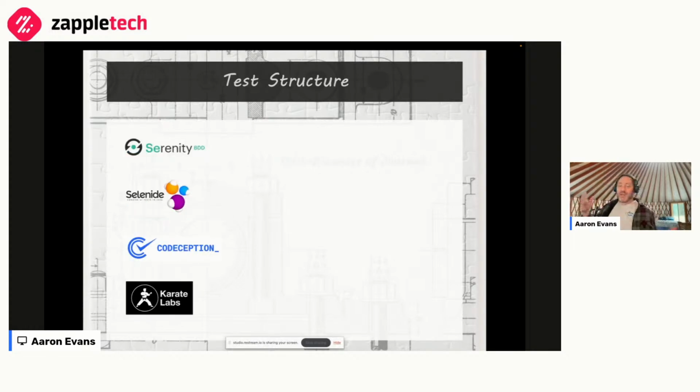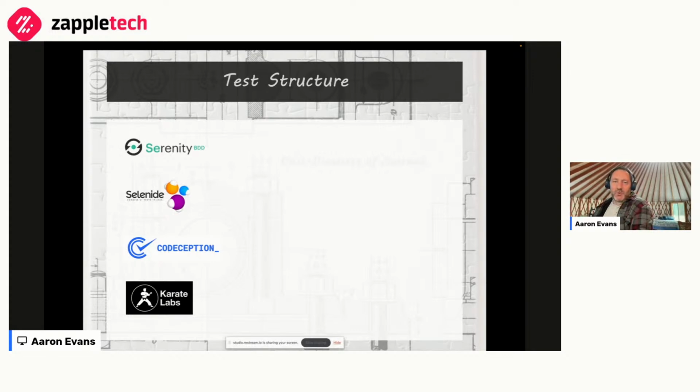Tools like Serenity, Selenium, Codeception on the PHP side. I think there's Codeception JS, which allows you to integrate and write Cucumber-style tests with Selenium-style automation. And then Karate, which has both GUI and, I think, really started out as an API automation tool.